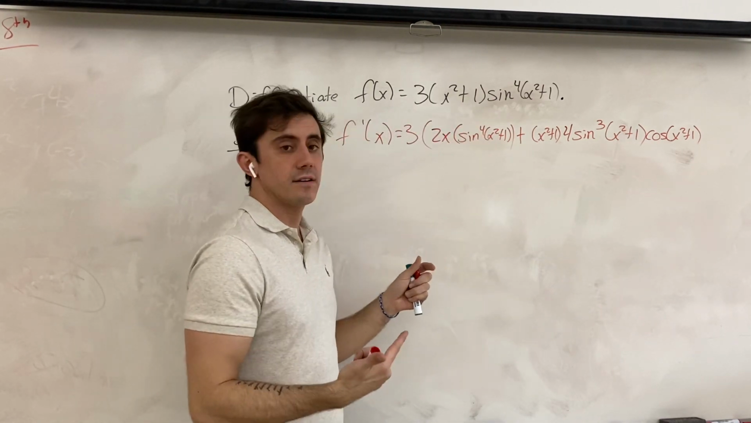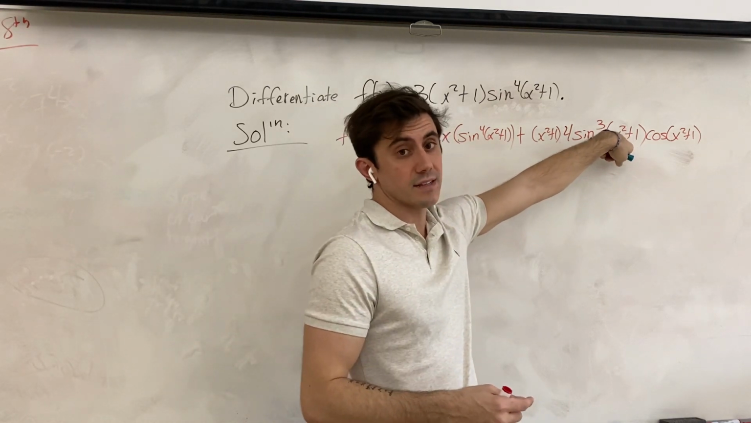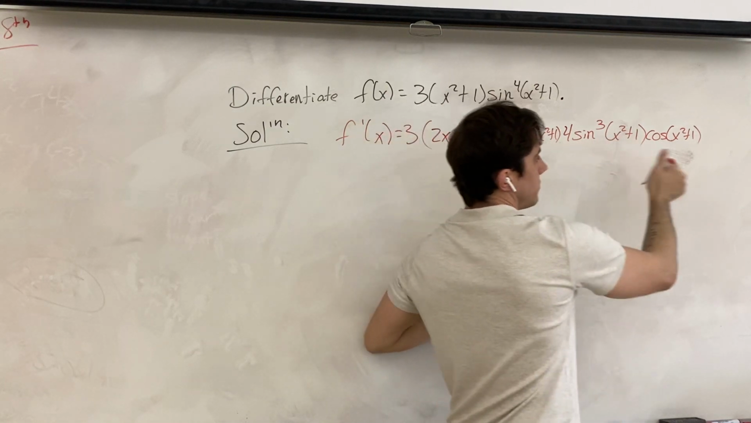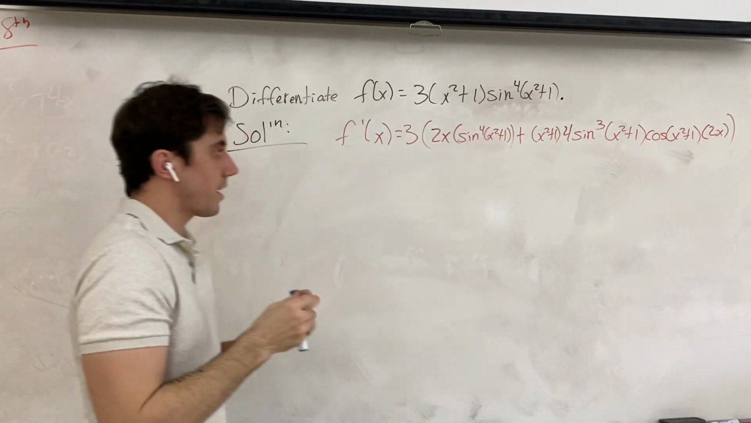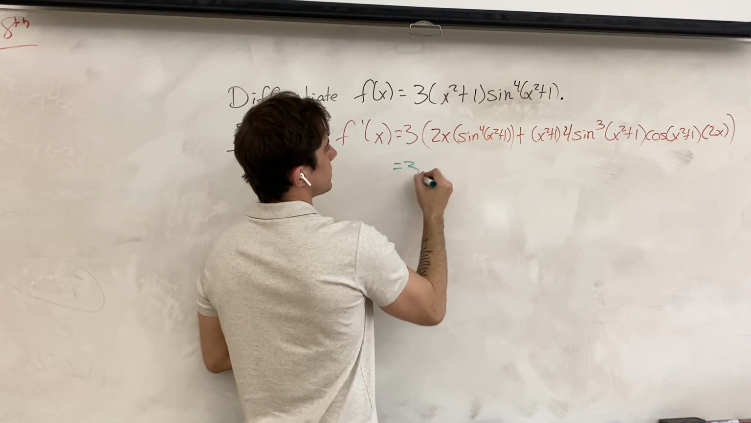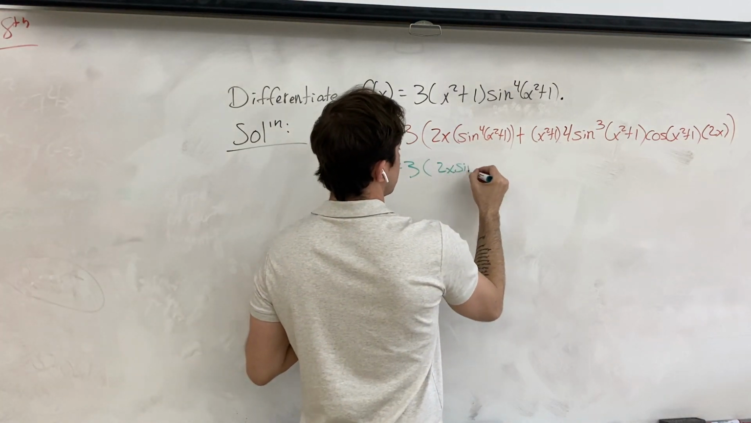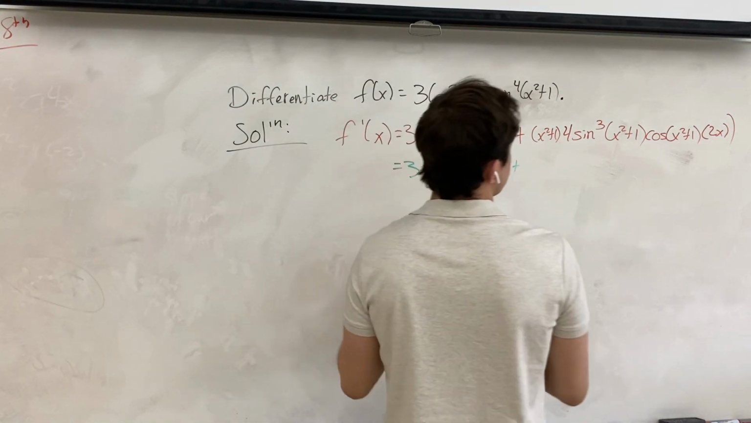And again, the chain rule applied to the stuff inside of the brackets that we're taking the sine to the power of 4 of, and the derivative of x squared plus 1 is again 2x. And so we have all that, okay? Now we can simplify this down a little bit. So we'll have 3 times 2x sine to the 4 of (x squared plus 1) plus,